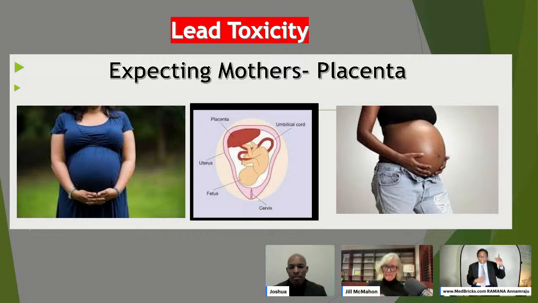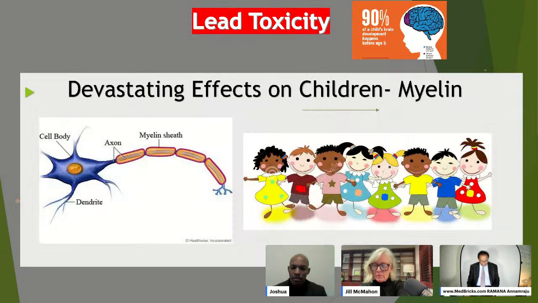The worst thing is actually the placenta. In expecting mothers, the placenta is in a very weak state. The lead goes through the placenta much more easily in expecting mothers. So the worst devastating effect of lead on children is on the myelin, the sheath